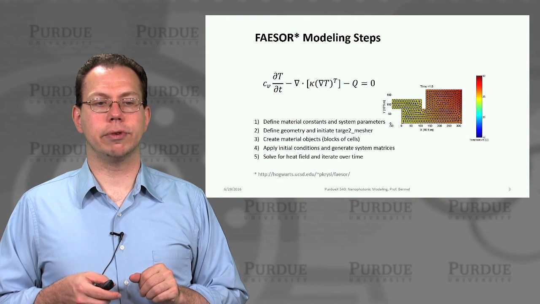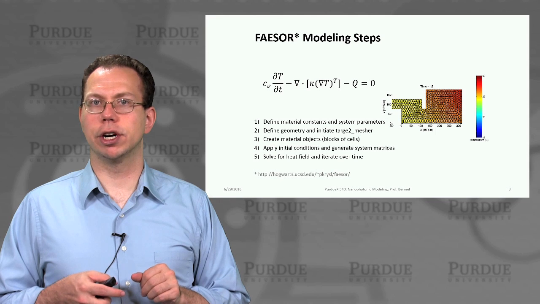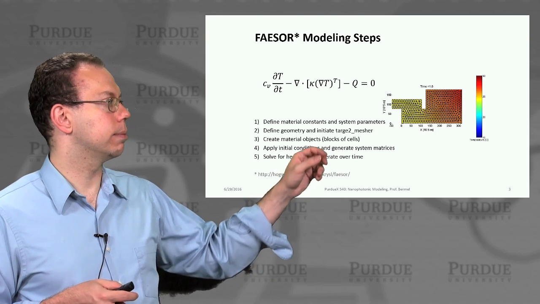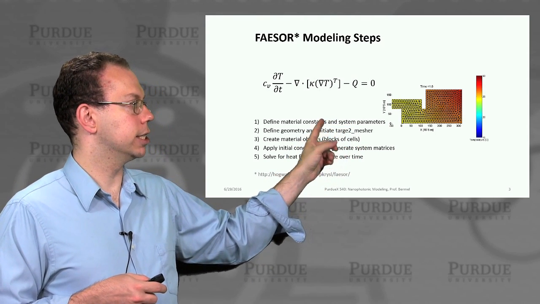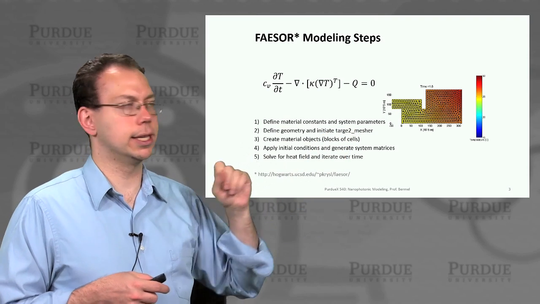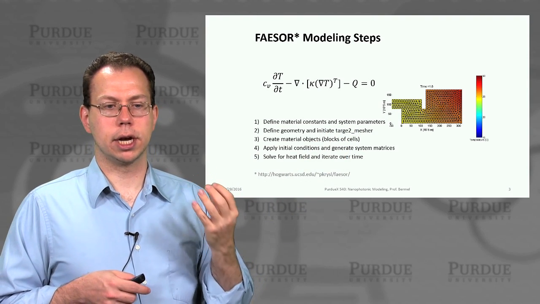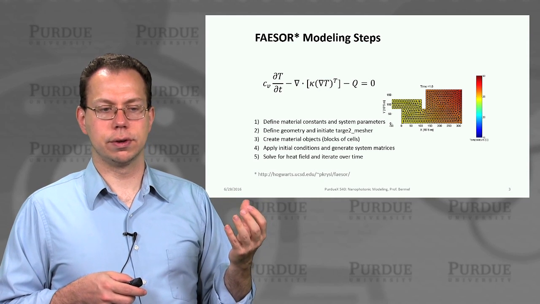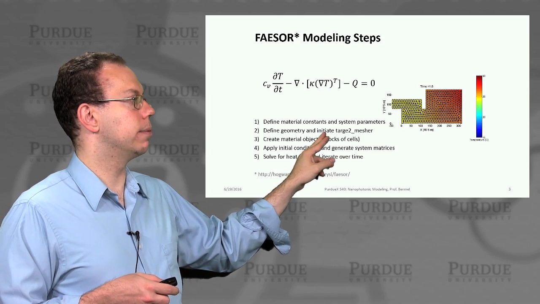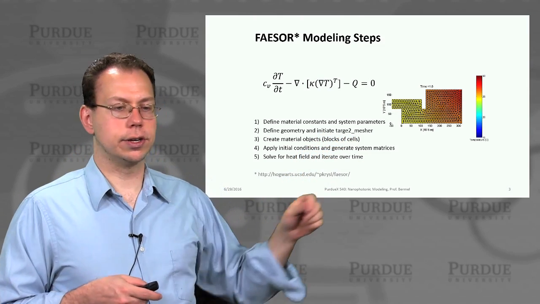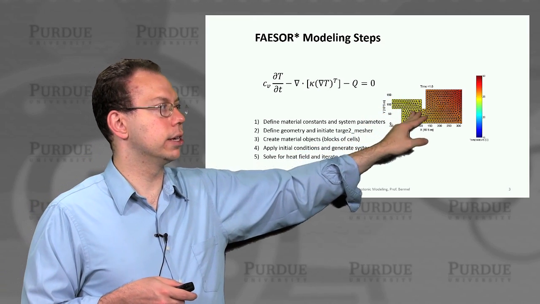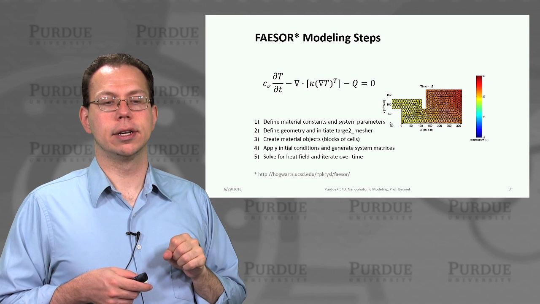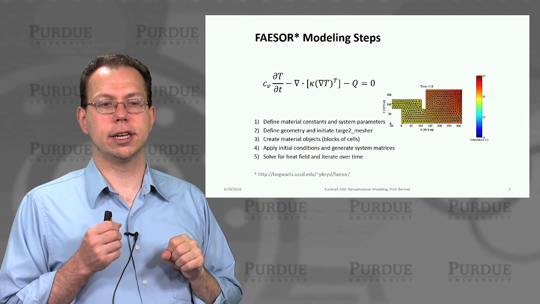And so basically, we're going to use the same kind of equations for convection and conduction that we talked about earlier. And we're going to follow these steps. Just to briefly recap, in case you missed it last time, first we're defining the material constants and system parameters of the system. So in this particular case, of course, those materials that I just showed you. And then second, we're going to define the geometry and initiate the mesher. The mesher basically is what gives rise to all these little triangles. So hopefully you can see them okay. And the triangles basically determine the gridding of our system.